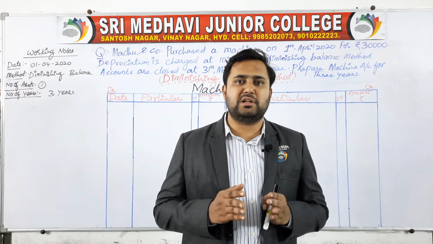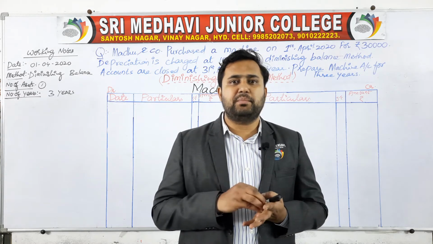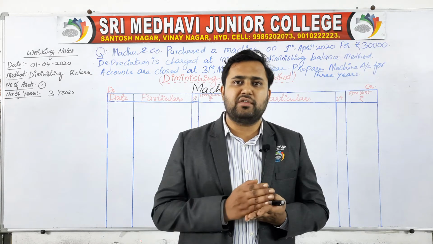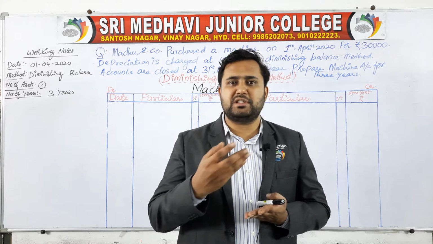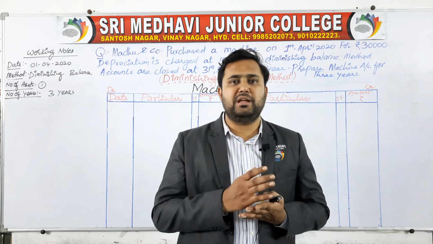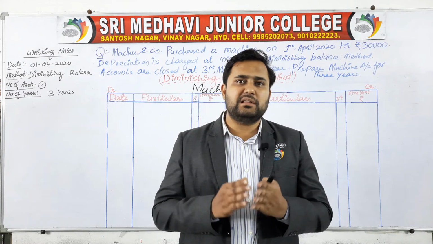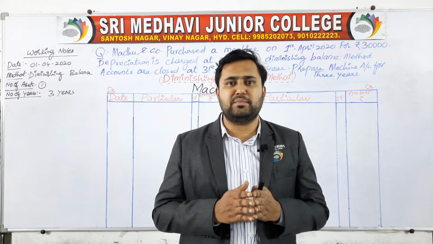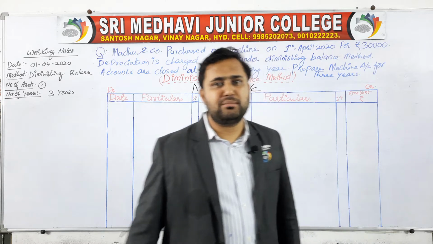In the reducing balance method or diminishing balance method, calculate the amount of depreciation on the balance carried down. After usage of the machine for 12 months, some value is reduced, which is the depreciation. After deducting that value from the main cost of the asset, you will know the balance carried down. Calculate the depreciation for the next year: you need to calculate 10% on the balance carried down. Let's see how to solve the problem here in the diminishing balance method.